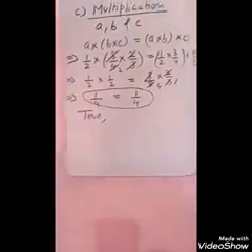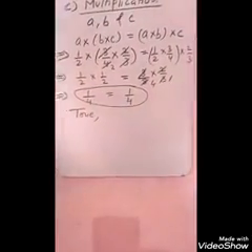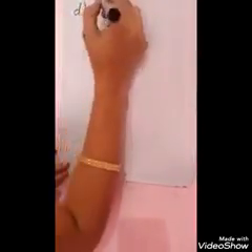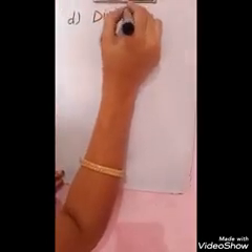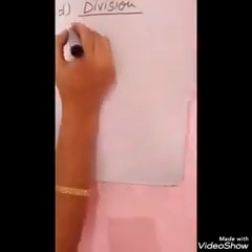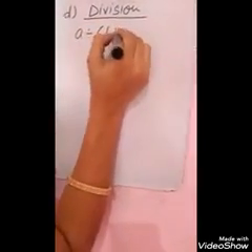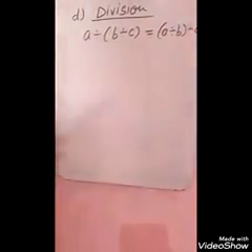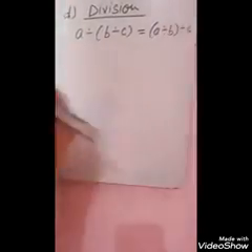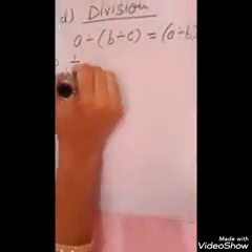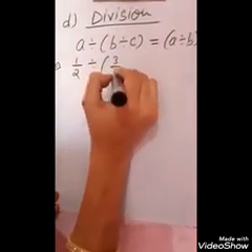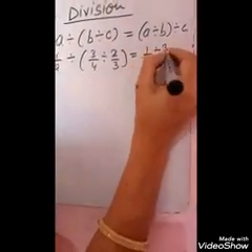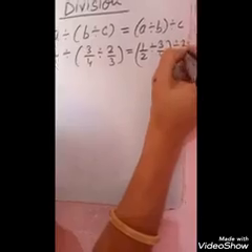Now we have one more operation, that is division, and we will see it with the help of one example also. Now we will see associative property in division, and for that again we will just write down the basic formula, that is A divided by B divided by C and A divided by B divided by C. Now we have to see whether this property is followed by division or not, and for that again we will take one example, that is 1 by 2 divided by 3 by 4 divided by 2 by 3, and again here also 1 by 2 divided by 3 by 4 divided by 2 by 3.